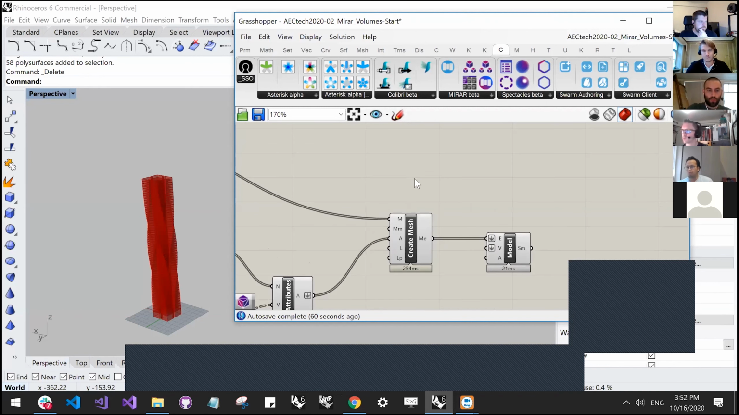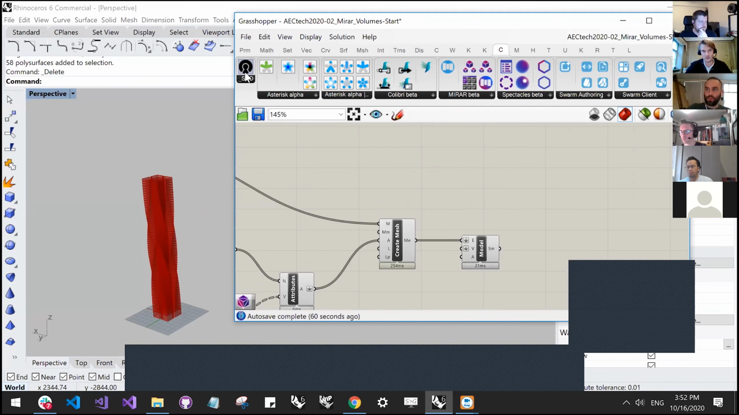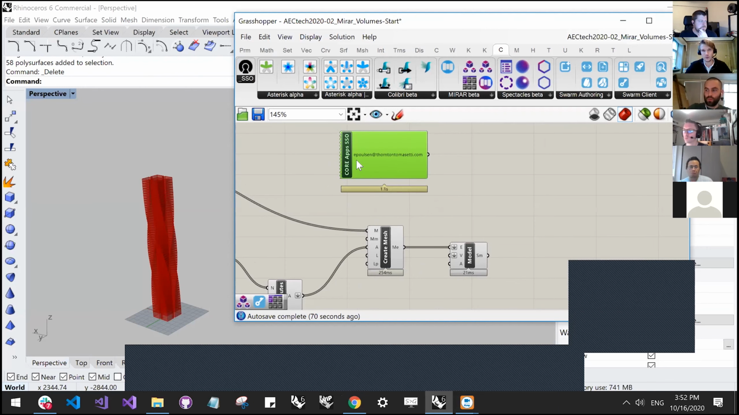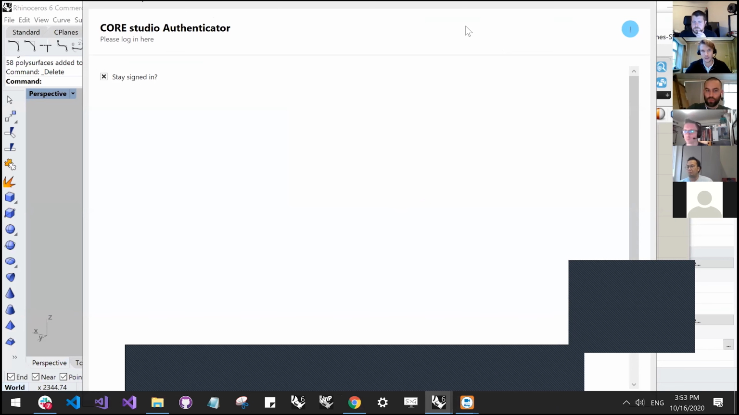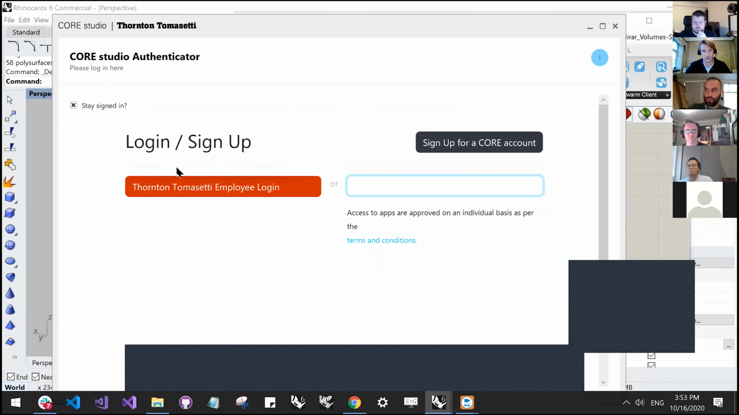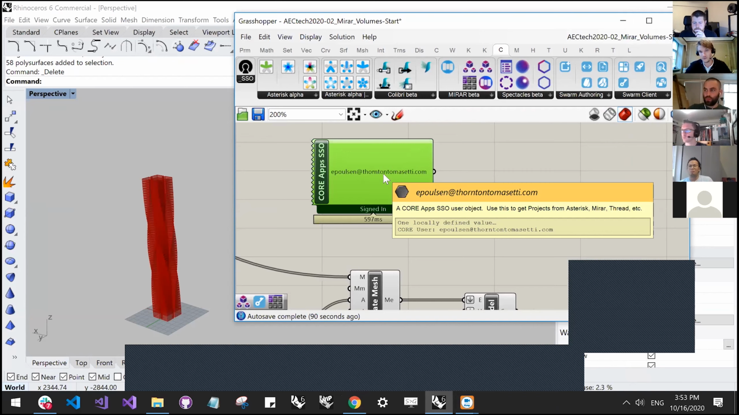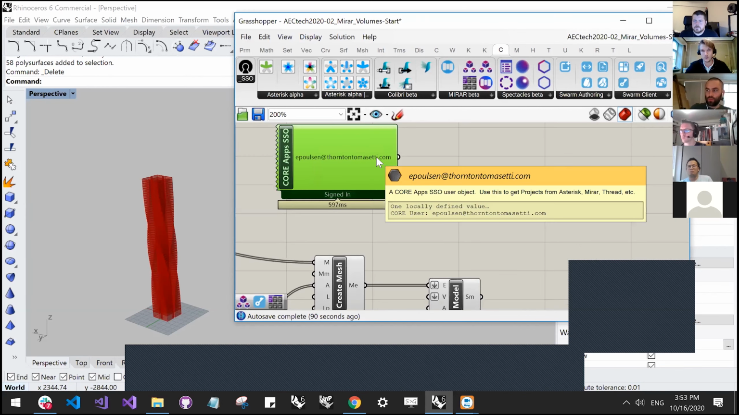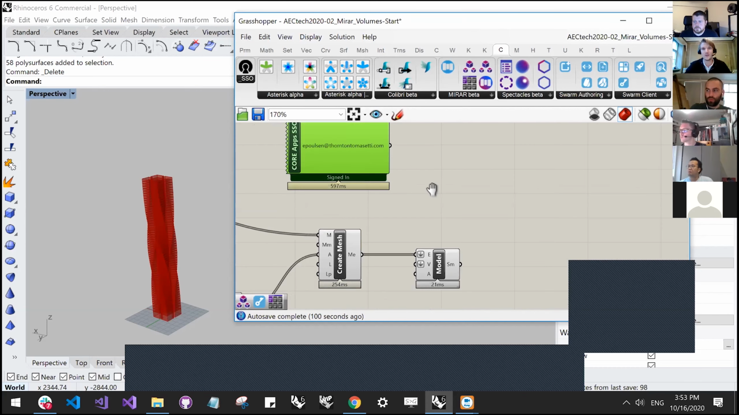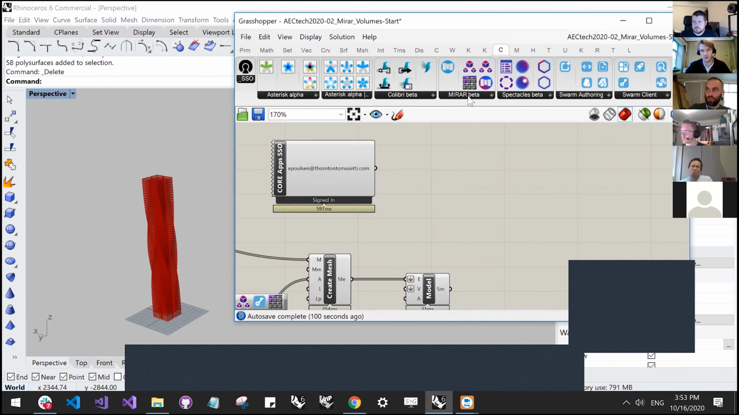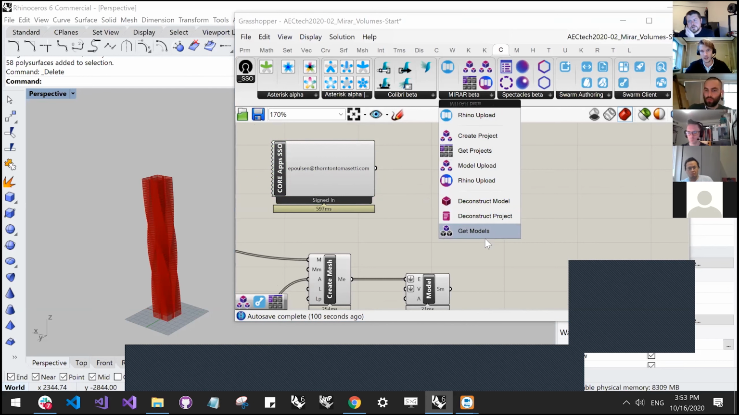First of all, I have to log in to my account, and you do that using the core SSO component. I was already logged in, so it just loads my credentials and logs me in automatically. But if you do this for the first time, you will have to double click on it and launch the login form, which allows you to input your credentials. If this is successful, you would see your login and your name as an output here. You can use this object to fetch your projects, which we will do now. You can find the get projects component under the Mirar beta